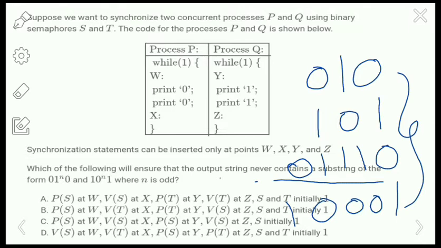Okay, and here we can check the given options such that the output is not in this format for the given code.